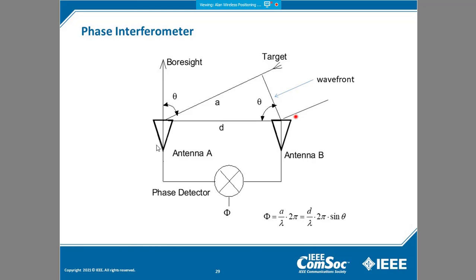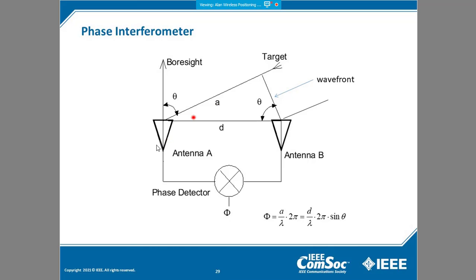Now, this point on the wavefront arrives at antenna B. We will assume that this phase, whatever phase it is, again, phase has to be compared to something, is considered the reference phase. The signal is received a little bit later at antenna element A, because it goes a longer distance from the target, so there will be a phase shift